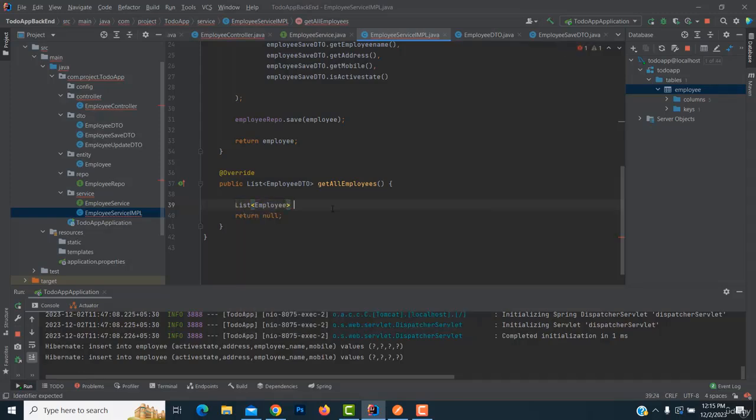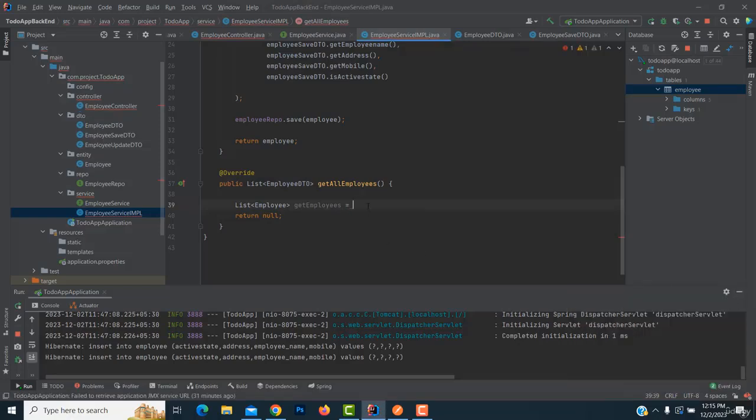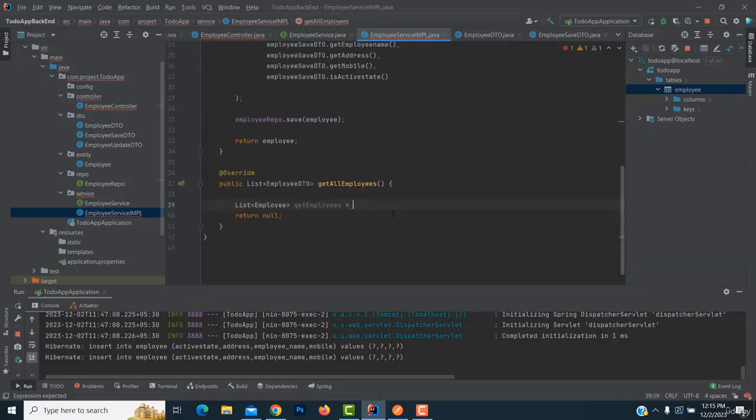You have to create the object, get employees, equal. We have to write the employee repo. This one, employee repo